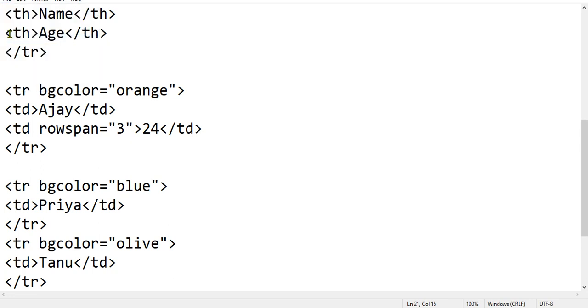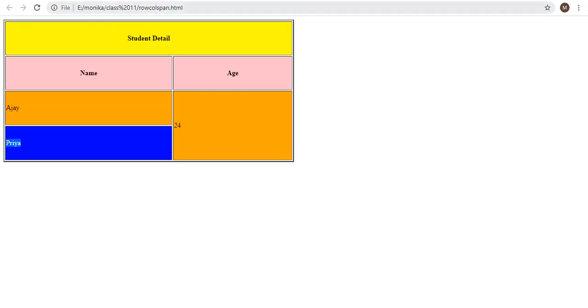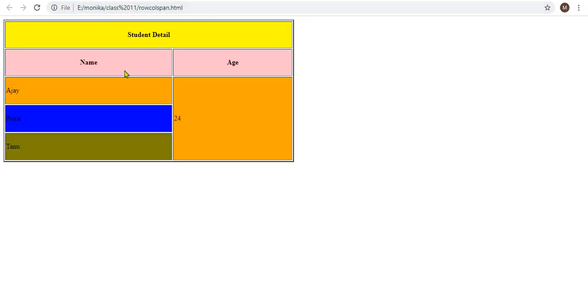Save the changes, Ctrl S or file save, then refresh here. As you can see, another row is added here, Tanu, but as I have merged 3 rows, now it will be merged with this also.